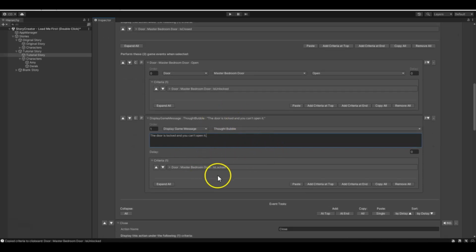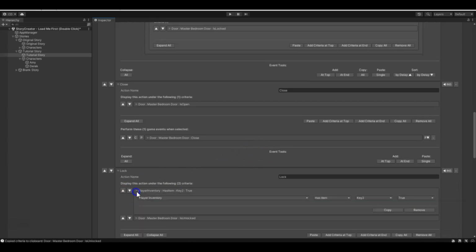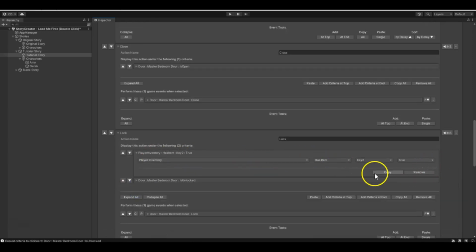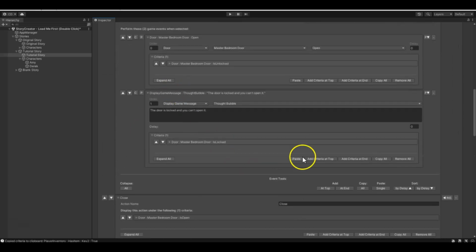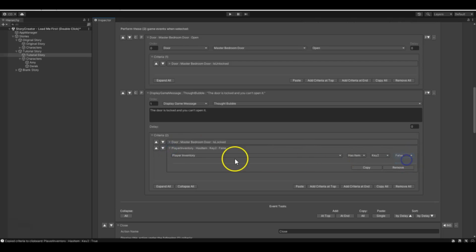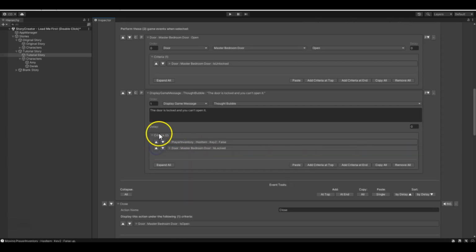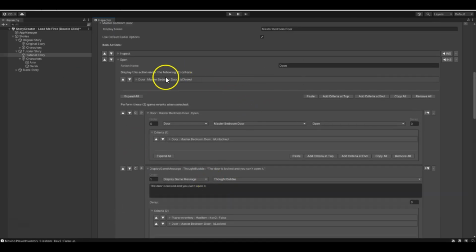We can go one step further and say, does the player have the key to unlock the door? So we can go ahead and take this player inventory has item key, copy it, and put it on here to say false. So now the criteria on this event is if the player inventory has key false and the door is locked. Go ahead and tell them the door is locked and you can't open it. But if the player does have the key, we can go ahead and have them unlock it right from this